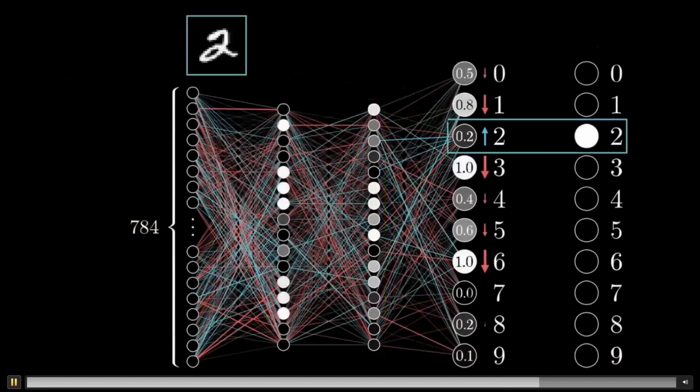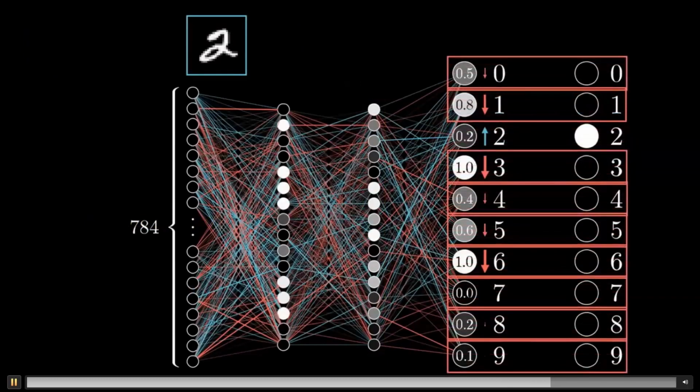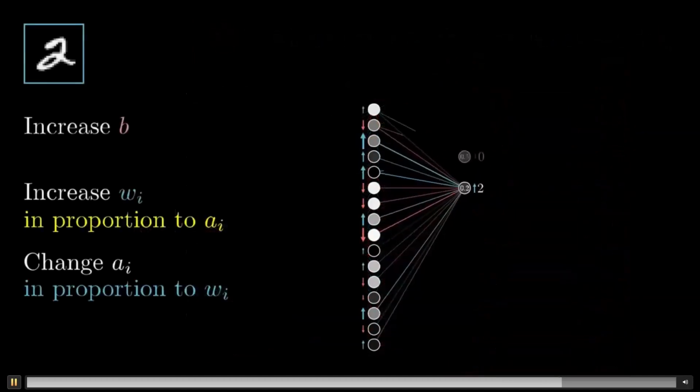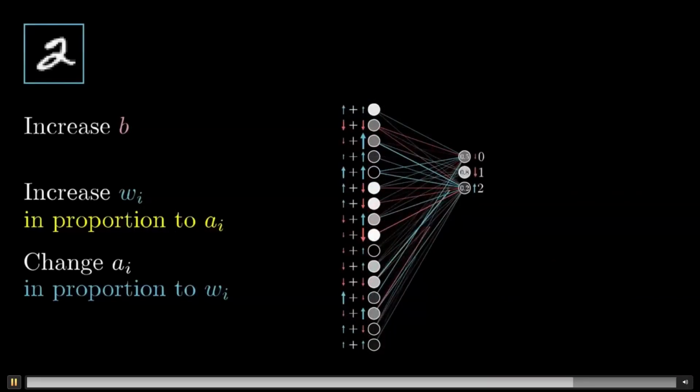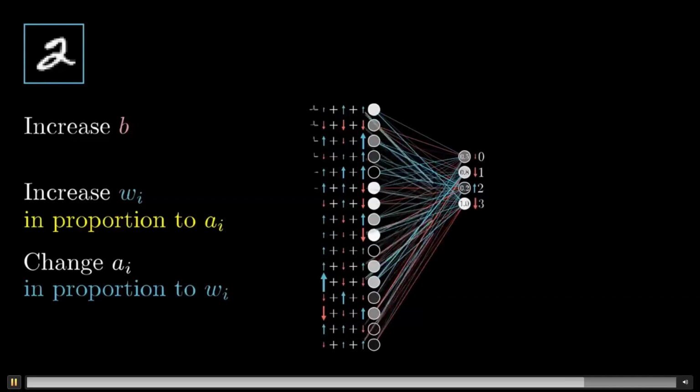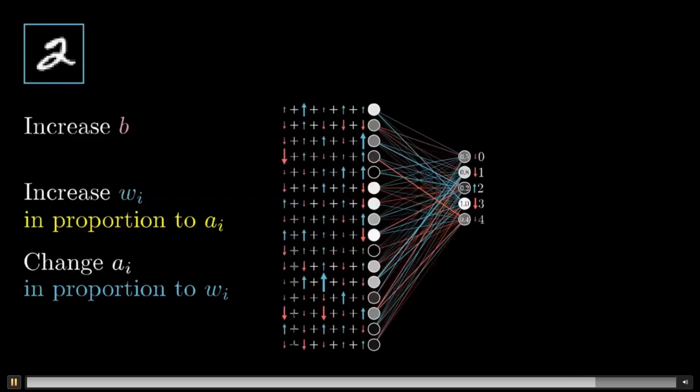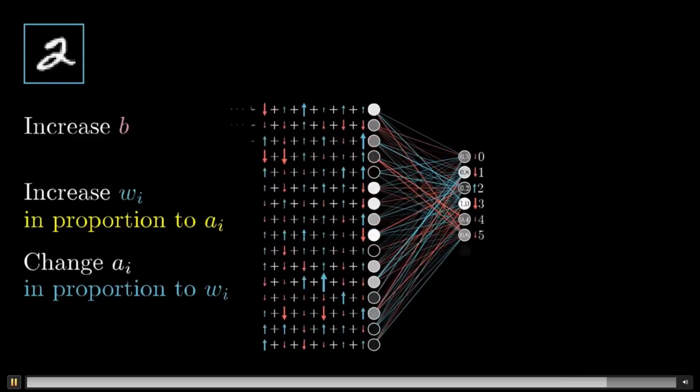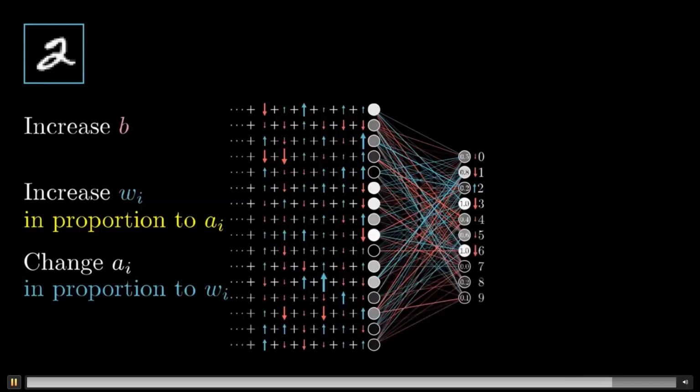But keep in mind, zooming out one step here, this is only what that digit 2 output neuron wants. Remember, we also want all of the other neurons in the last layer to become less active. And each of those other output neurons has its own thoughts about what should happen to that second to last layer. So the desire of this digit 2 neuron is added together with the desires of all the other output neurons for what should happen to this second to last layer. Again, in proportion to the corresponding weights, and in proportion to how much each of those neurons needs to change.